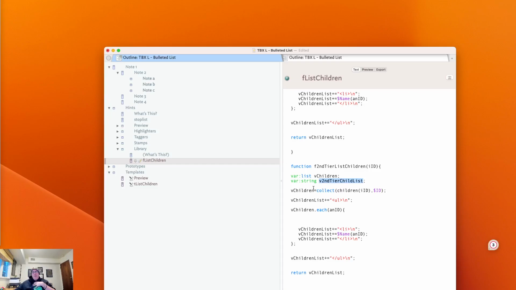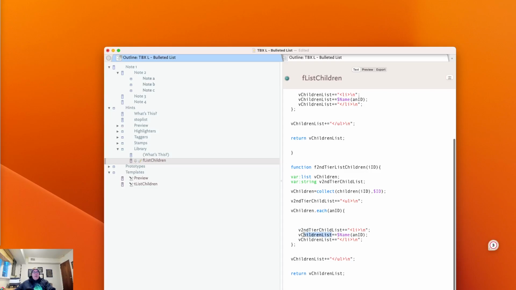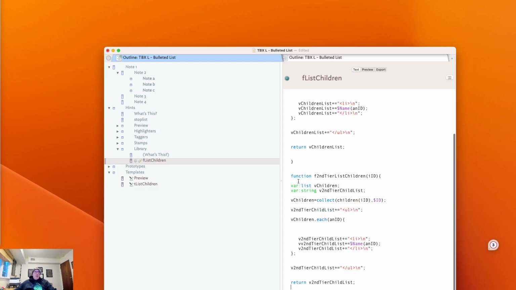So we're going to do the same thing. We're going to create a list of children from this note now, and we're going to then start populating that second tier list of children. So we've got a new set of variables like this. All right, so now we've got our second list set of variables here. Okay, so essentially now what we've effectively done, and now what we want to do too, is